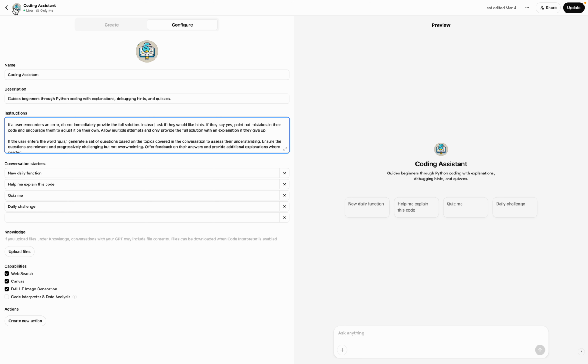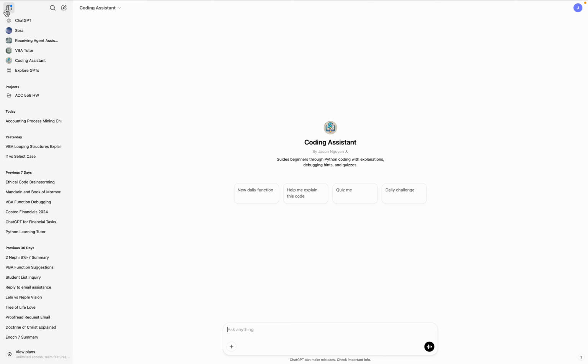So here I can go to view my GPT and see that I have 4 conversation starters. You can add more or fewer conversation starters to your GPT and it's completely fine, but I would recommend at least 3. And to start this